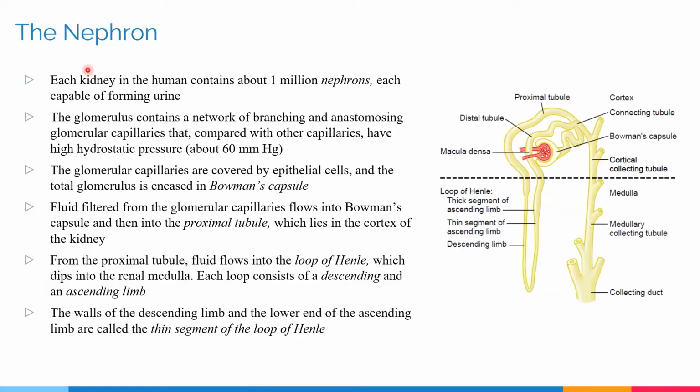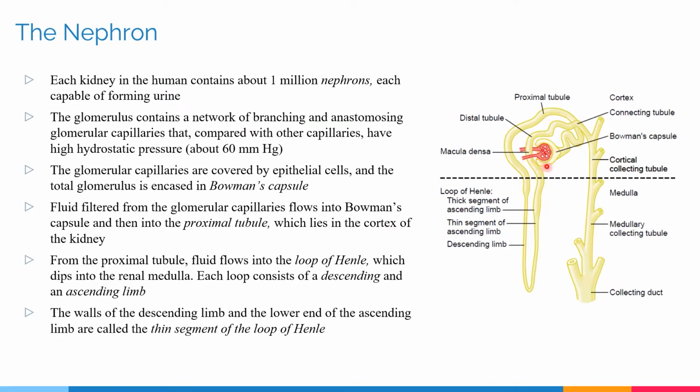Next, we move on to the structure of the nephron, which is the functional unit of the kidney. So here we have a diagrammatic representation of the nephron itself. Each kidney in the human contains about 1 million nephrons, each capable of forming urine. The glomerulus, which is